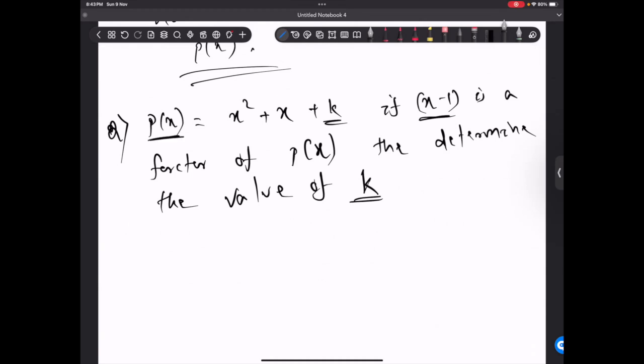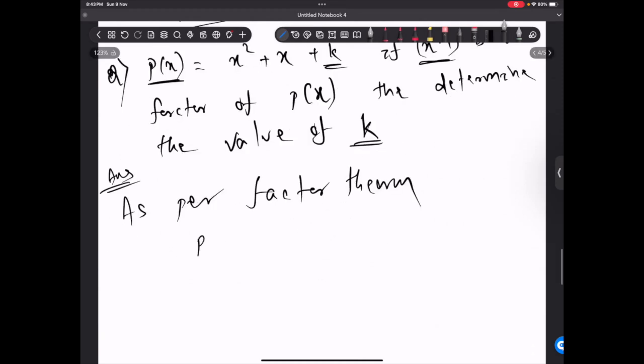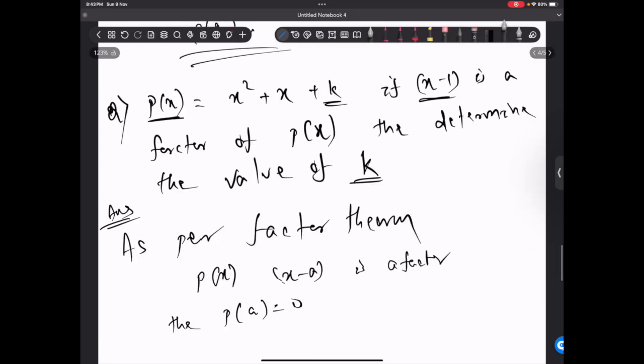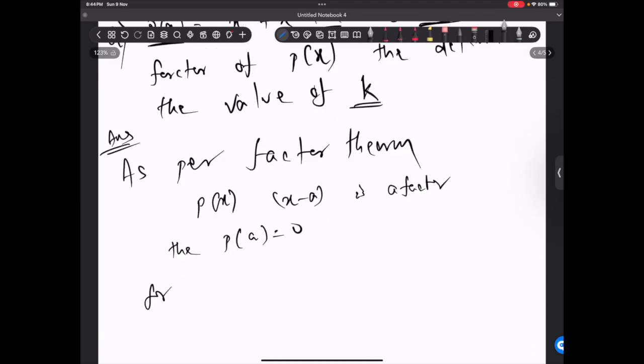Now, as per factor theorem, we are doing the answer now. As per factor theorem, what have we learned? Now, if P of x is a polynomial and x minus a is a factor, then P of a will be 0. In this case, it says x minus 1 is a factor, which means for x minus 1